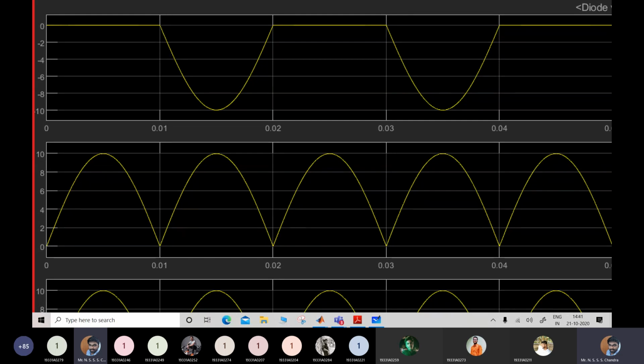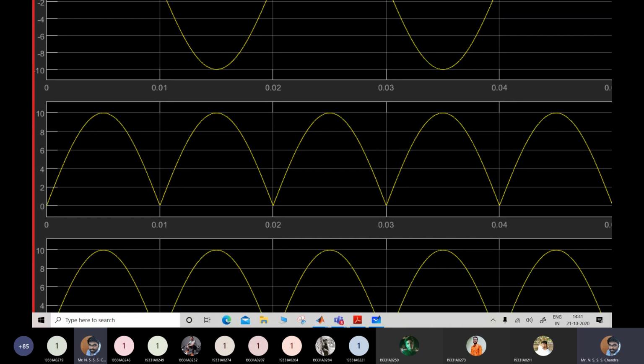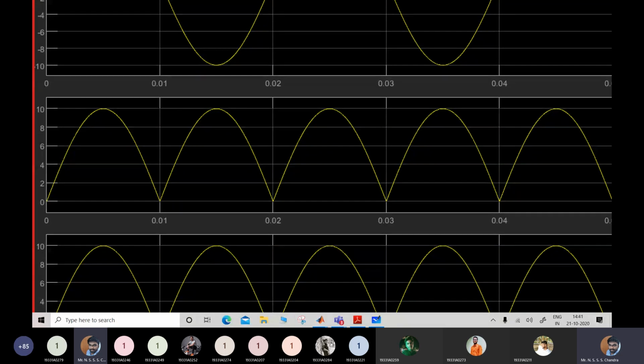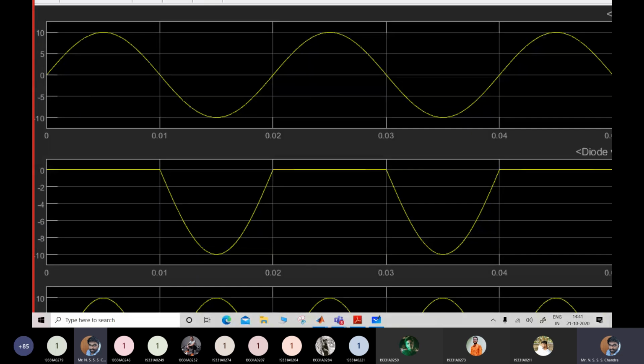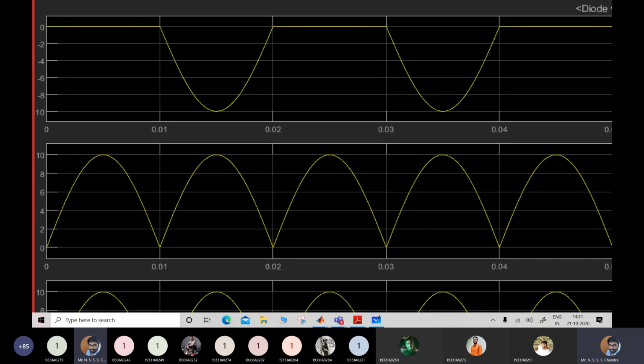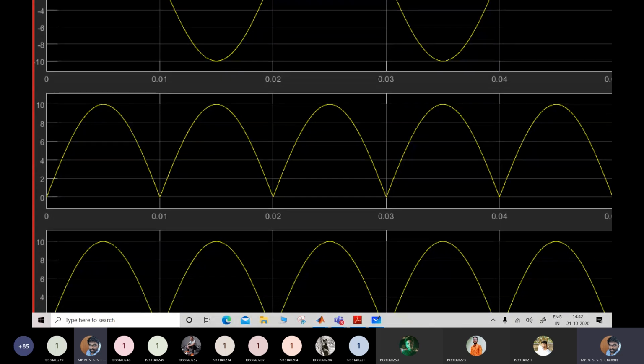So if you are given a numerical question to find your ripple frequency, the frequency is now doubled because the time period has been reduced. You are seeing the repetition of your curve in the output for every 0.01 seconds, not every 0.02 seconds. Earlier the supply was repeating after every 0.02 seconds, whereas the output is repeating after every 0.01. Your supply frequency is 50 Hz, and now the output frequency will be double that of your supply frequency.